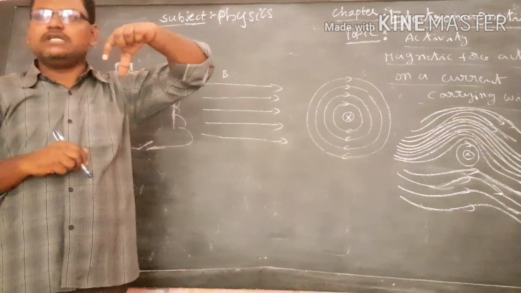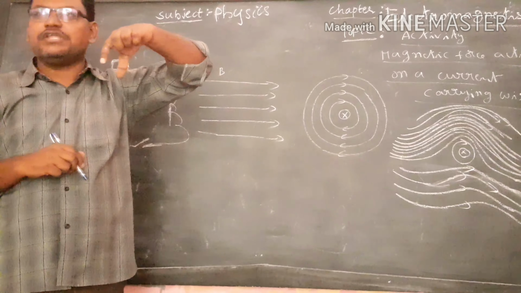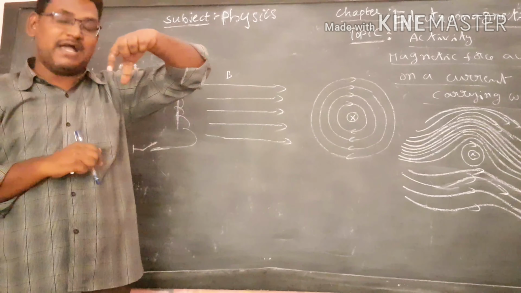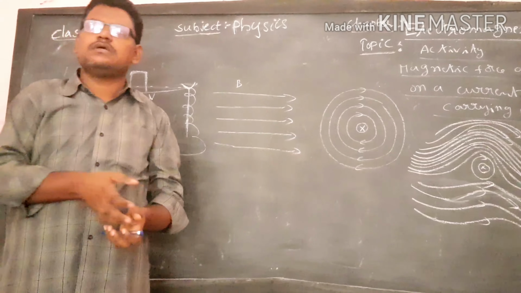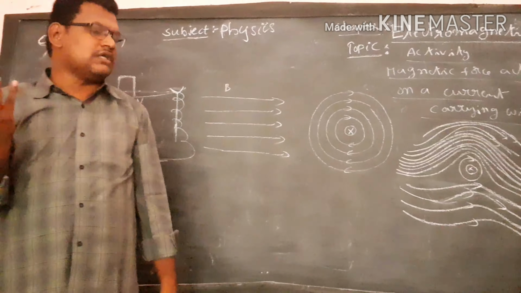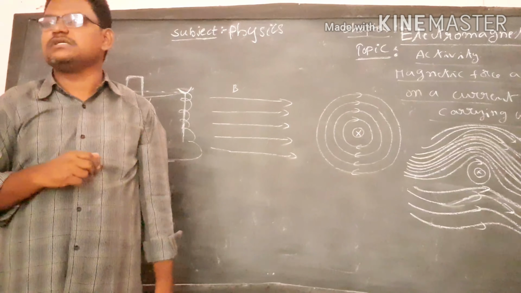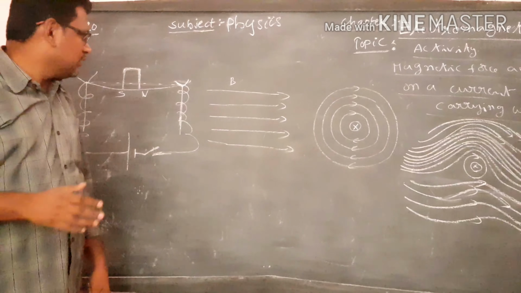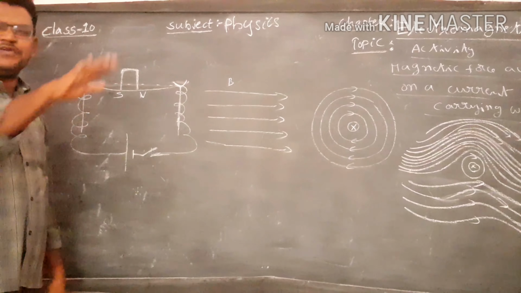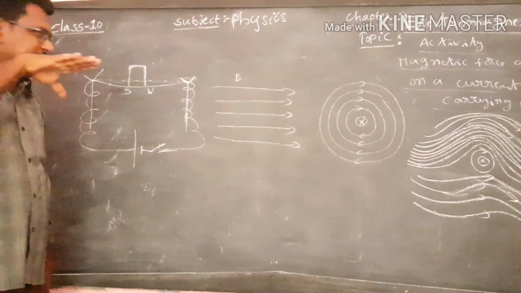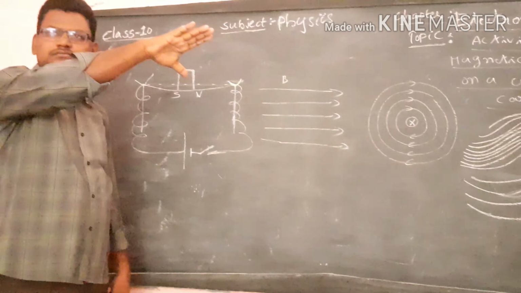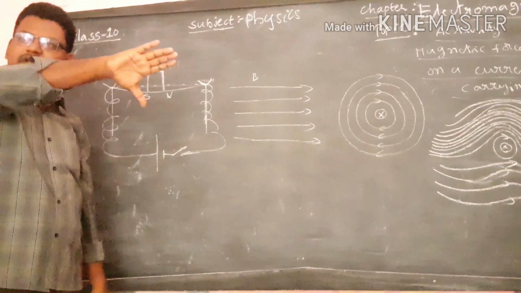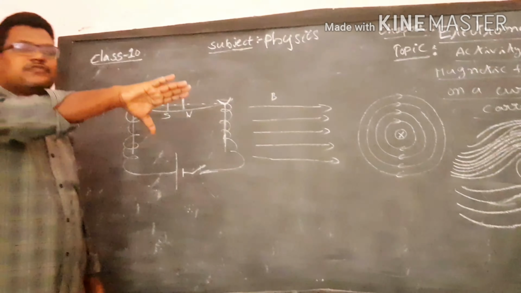To know the direction of the magnetic force acting on a current carrying wire by the external magnetic field of a horseshoe magnet, we use the right hand thumb rule, or Fleming's left hand rule, or Fleming's right hand rule. Now let's simply take the right hand thumb rule. In the right hand thumb rule, we take the fingers of our right hand in the direction of the current and then curl them into the direction of the external magnetic field. Then the thumb represents the direction of the magnetic force.